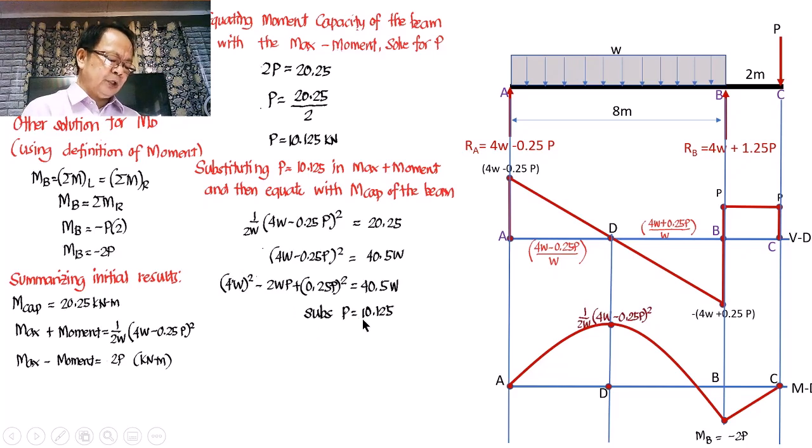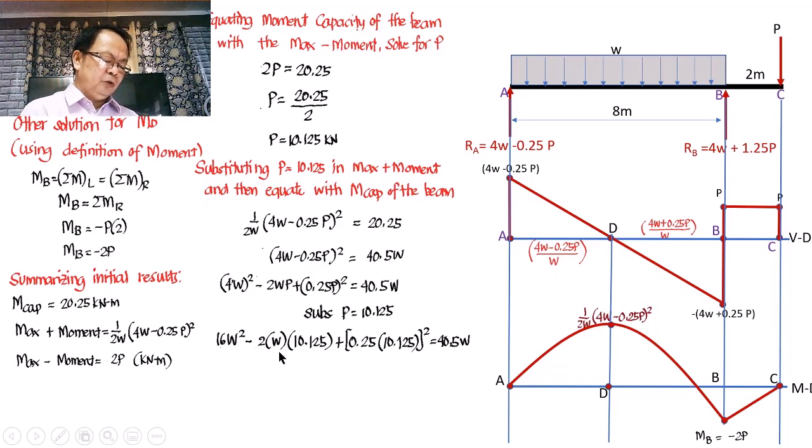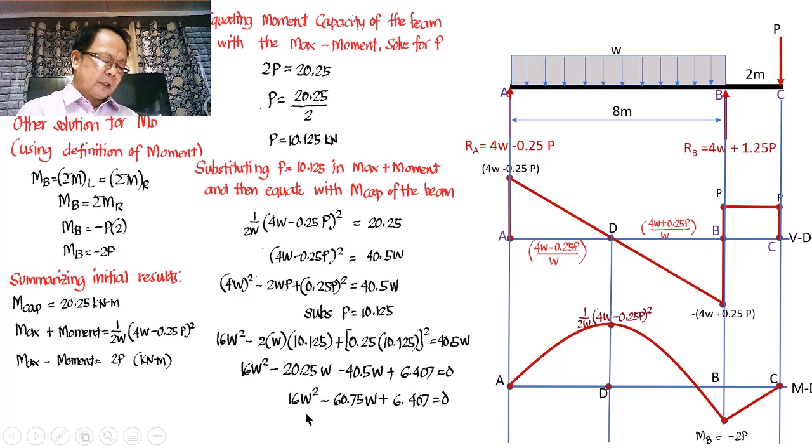Now, substitute natin ngayon yung value ng P, di ba? Simplify natin, substituted the value of P, then we will be having an equation 16W minus 2W times the quantity 10.125 plus the quantity 0.25 times 10.125 square will be equal to 40.5W. At pag sinimplify natin ito, magkakaroon tayo ng quadratic equation in W, and this is equal to 16W square minus 60.75W plus 6.407 equal to 0. Now, if you have your calculator or using your quadratic formula, you can solve for W, and W equal to